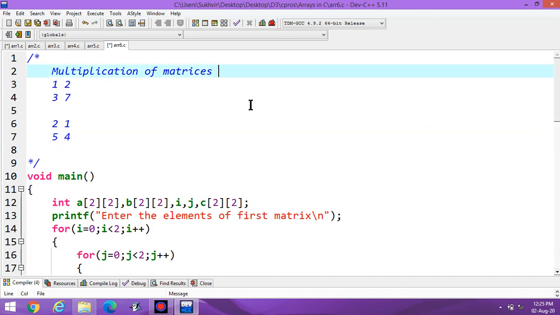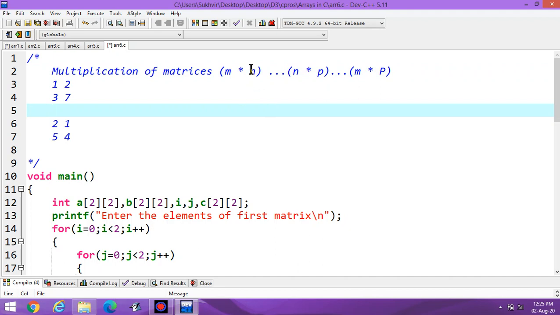For multiplication of matrices, if the first matrix is of the order m into n and the second matrix is of the order n into p, the result will be of the order m into p. What is the meaning of this?